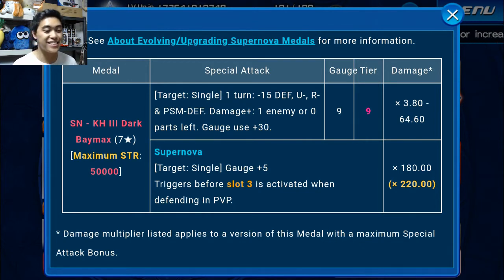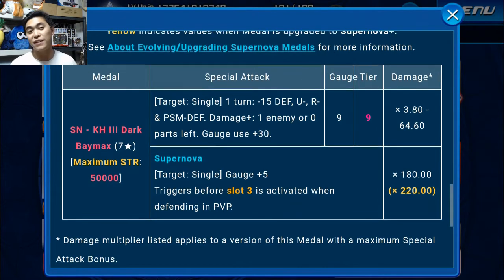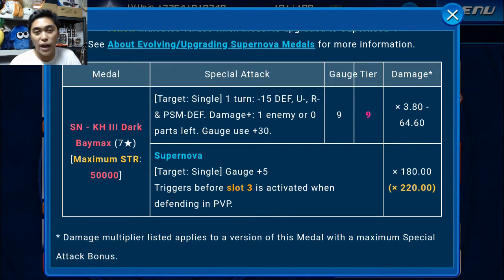Another downside is the gauge cost. It's so big, so impossibly difficult to ignore, because without any skills, without any restoration, we're looking at a gauge cost of 39 after this activation. 39, and that is a crazy high number. Some people have been saying, oh well, if I pair it with Kingdom Hearts 3 Maleficent, or Kingdom Hearts 3 Pete, or Kingdom Hearts 3 Woody or Buzz,